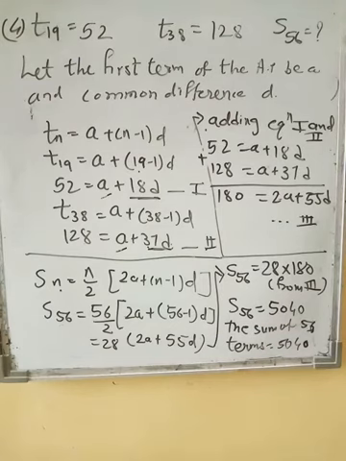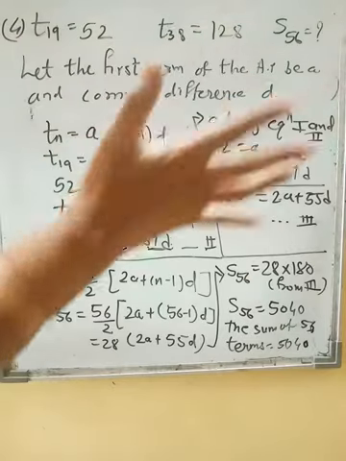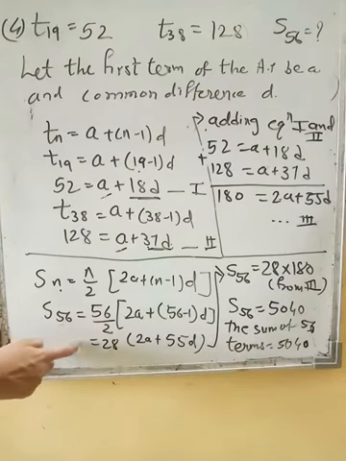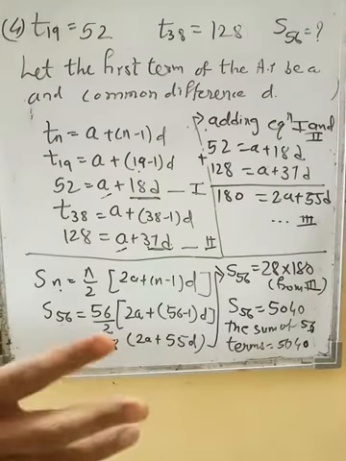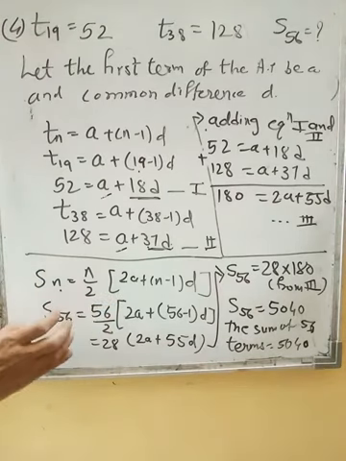So this is what I said, that you will come to know. The sum was not given like this randomly, they have manipulated it. They have not asked anything else, they asked only S56, where you are using this formula. They have not asked S29 or S50. They have specially asked 56. So this method is the shortest method.